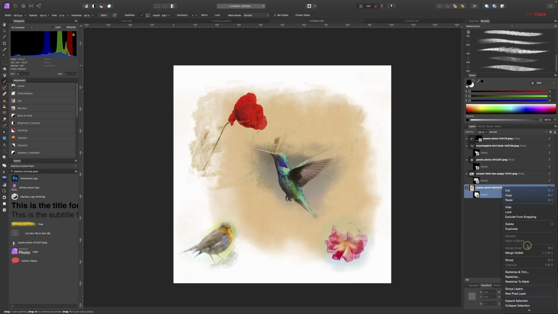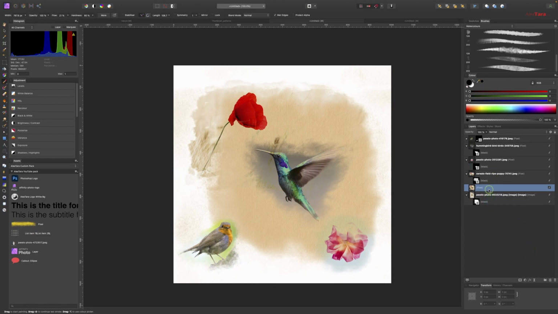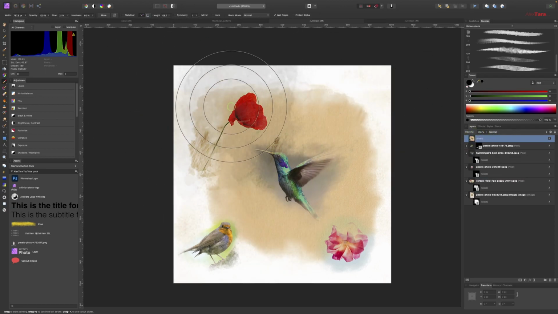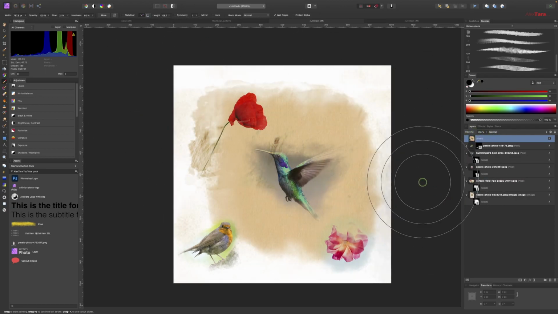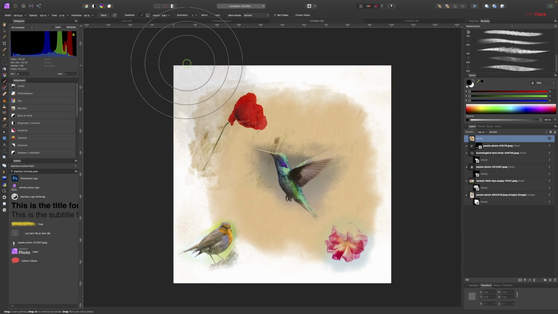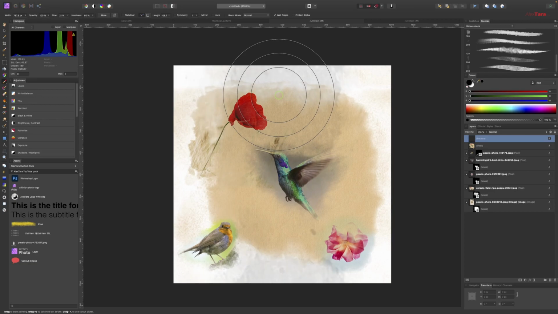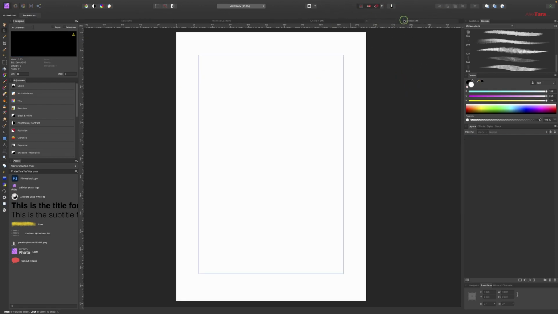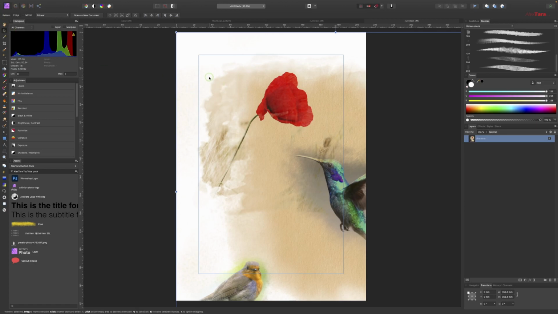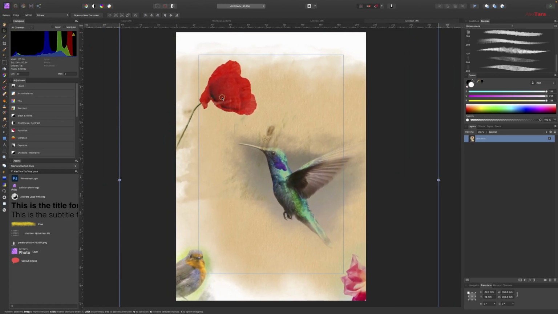So, right click, merge visible, and that will create a layer with everything that we've done so far. And it's a combined layer. And go to layer, pattern from selection, and let's take this, Control C, go to the document that we've created, the A4, Control V. You can move it around